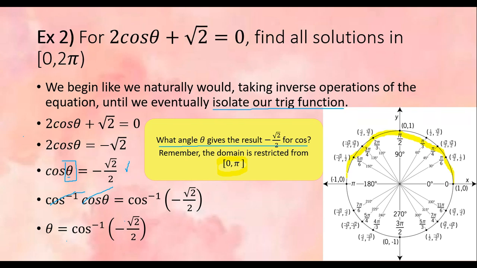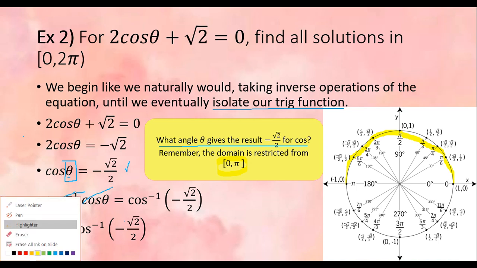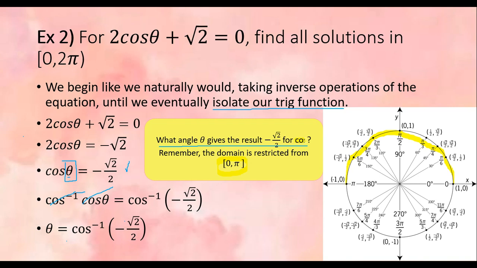So I can only work in quadrants 1 and 2 for this. So I'm looking, where can I find cosine? Remember, it goes cosine, sine, negative rad 2 over 2. Here's rad 2 over 2, but it's not negative. Boom, right there. And the specific theta value, my specific angle, is 3 pi over 4,